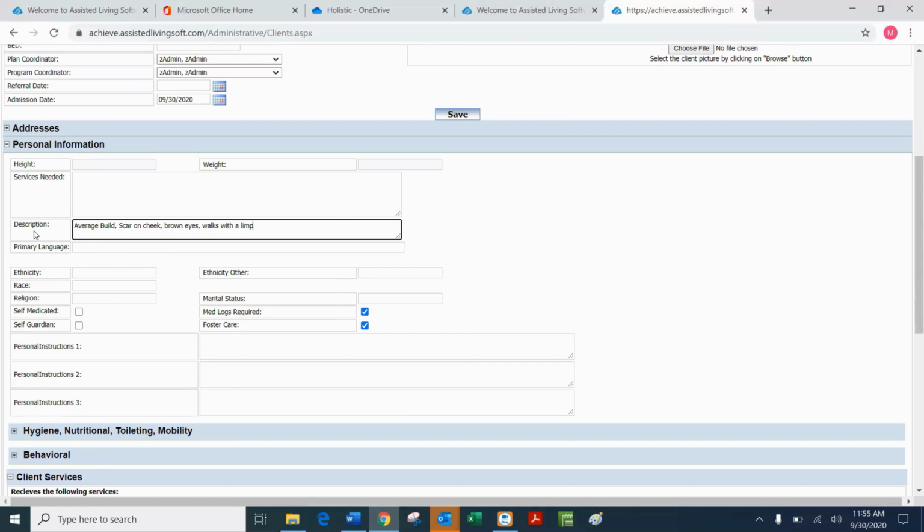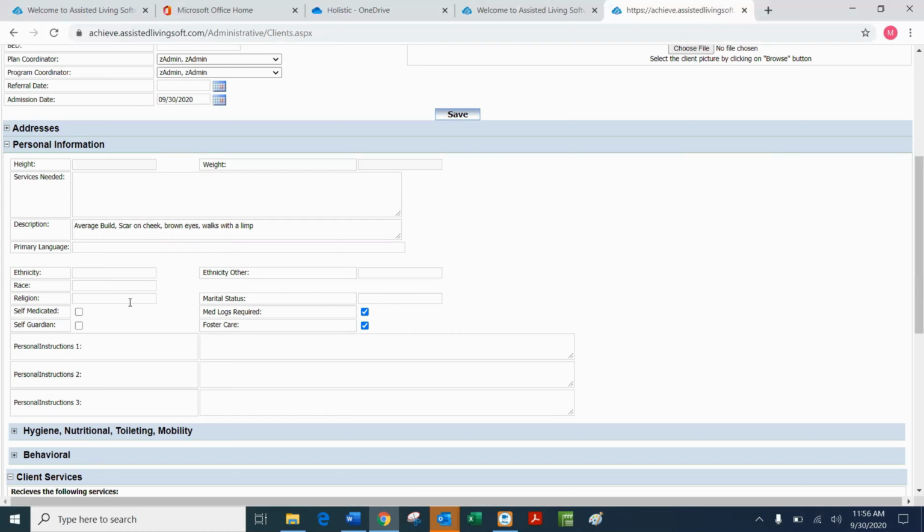Something that if you lost that person, you would describe them as such. If you wish, you can put in the person's primary language, their ethnicity, their race, their religion, their marital status,